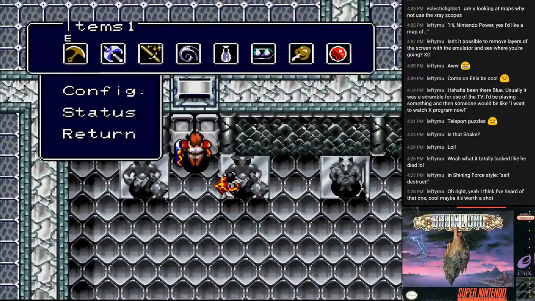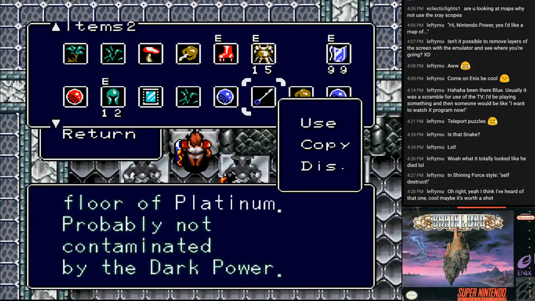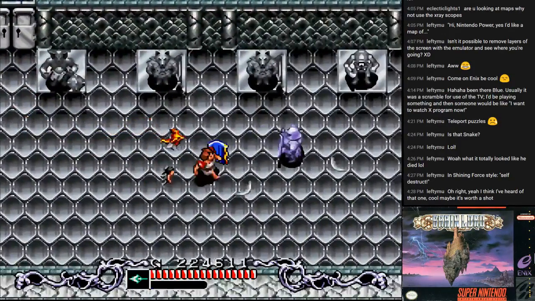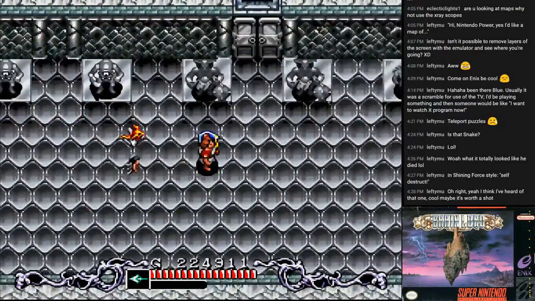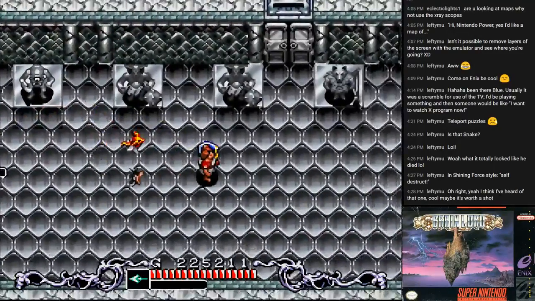Now this might be the right door for my key. No! Denied! Alright, well. There's not a lot of other directions to go, so... The fact that these guys can drop meat, which is your full recovery item, is pretty good. It's kind of like enemies dropping, you know, elixirs or X potions in Final Fantasy, so...